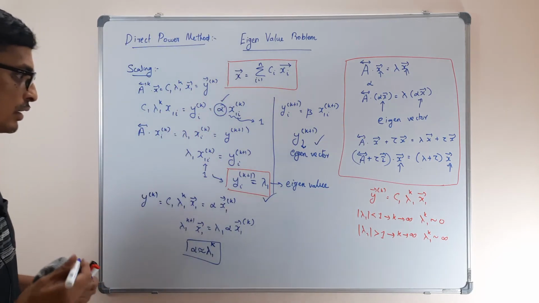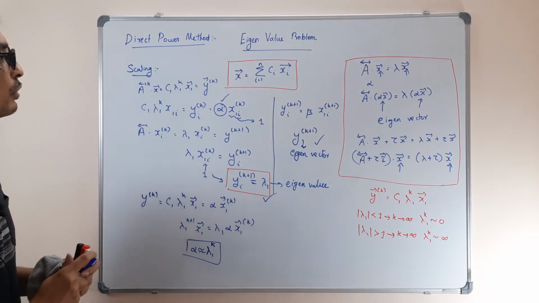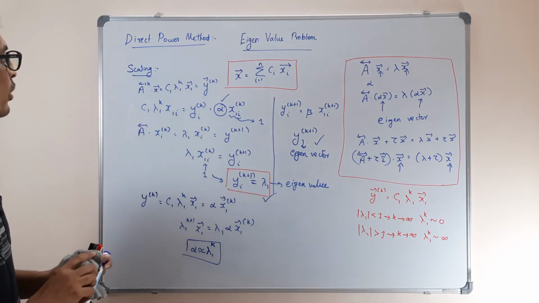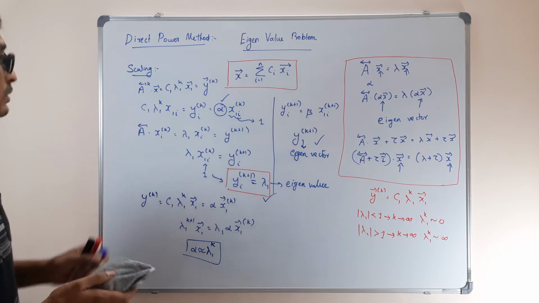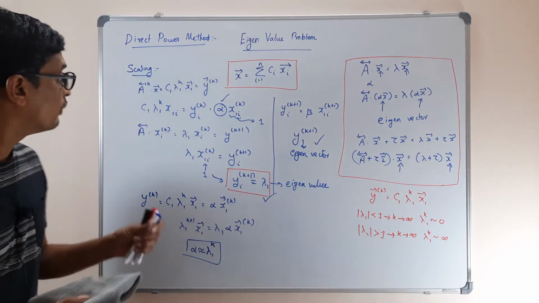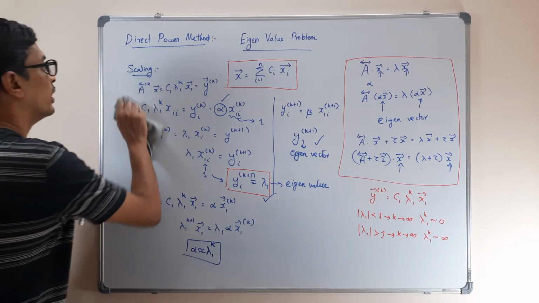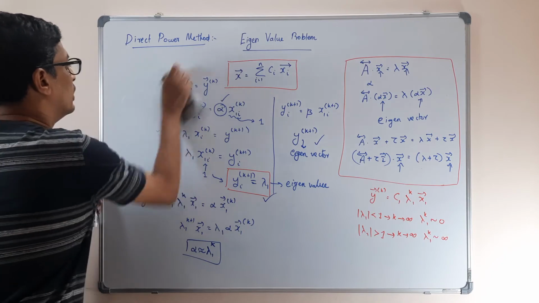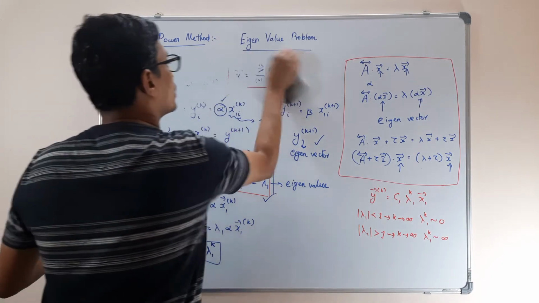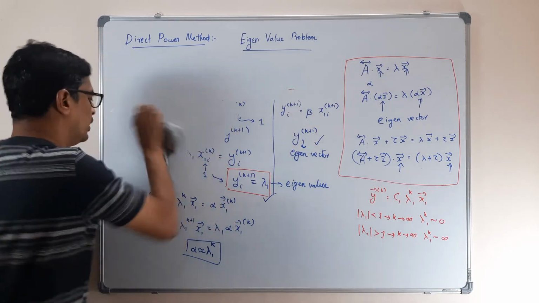So this is a very simple and easy method to extract the maximum magnitude eigenvalue and the corresponding eigenvector. We can take a problem, and that will give you an easy demonstration of this direct power method. So let me